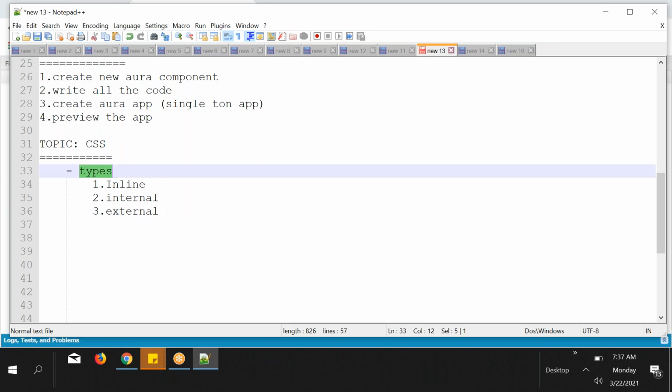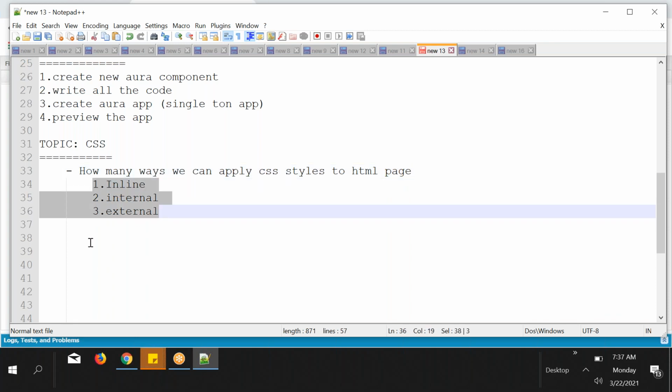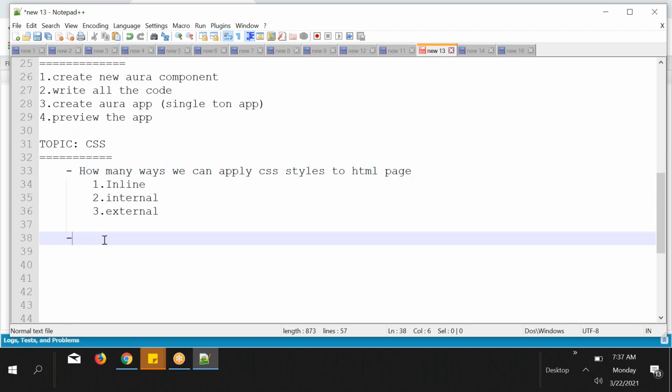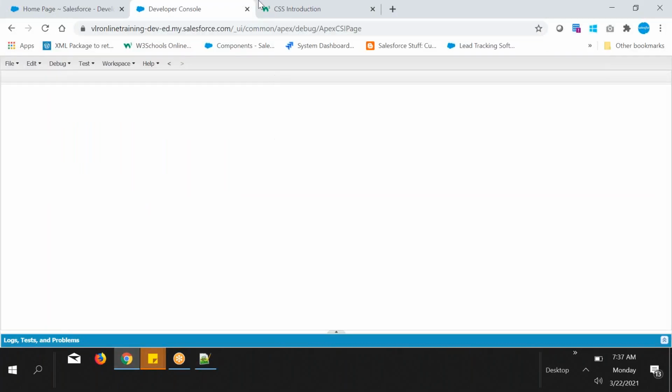Types means how many ways we can apply CSS styles to an HTML page. That's it. One is inline, internal, external. Going forward we will see that. First we will see about inline. Okay, let's go and see.